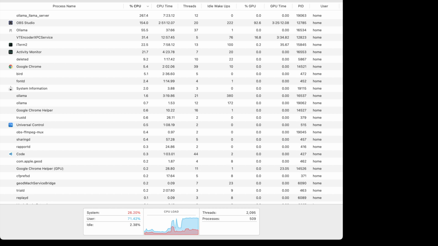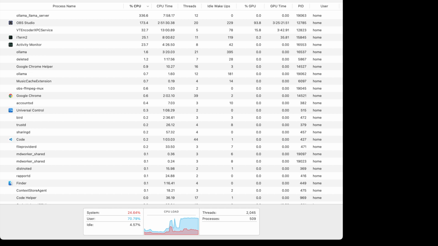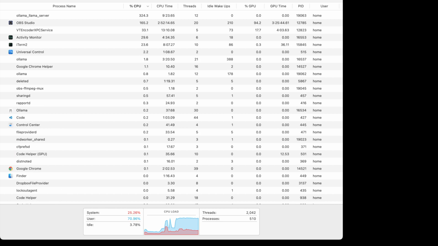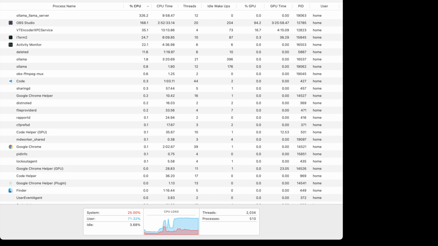So it's not a screaming machine. It's kind of old, but it works. You can get up and running on a machine and use the tools and get familiarized with AI and how the interfaces work, how prompts work. OBS Studio's taking a fair chunk of memory, and then Ollama's running. So if you take away the recording, the activity monitor, it's not too bad.